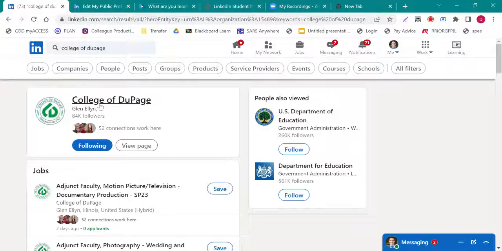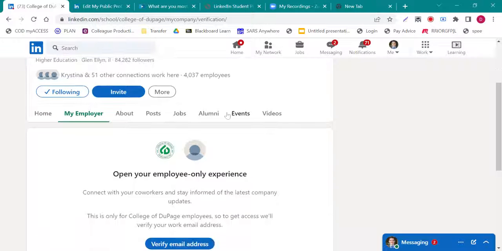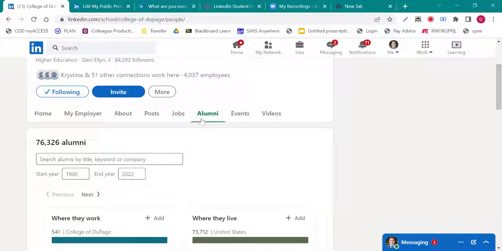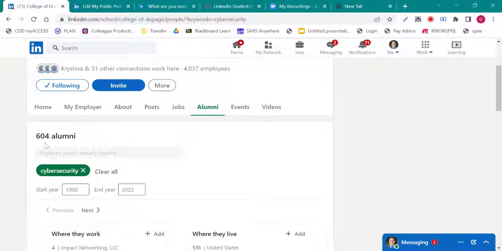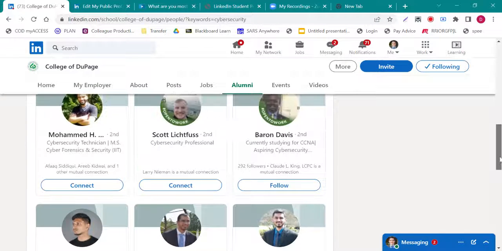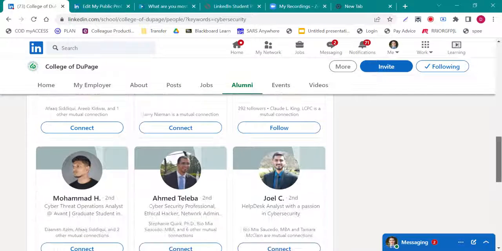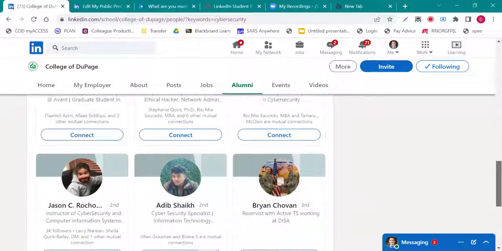You can search College of DuPage and then view the page, and then you can look at alumni over here, and you can type in keywords. So if I were to type in cybersecurity right there, I have 604 alumni that have the word cybersecurity typically in their title.